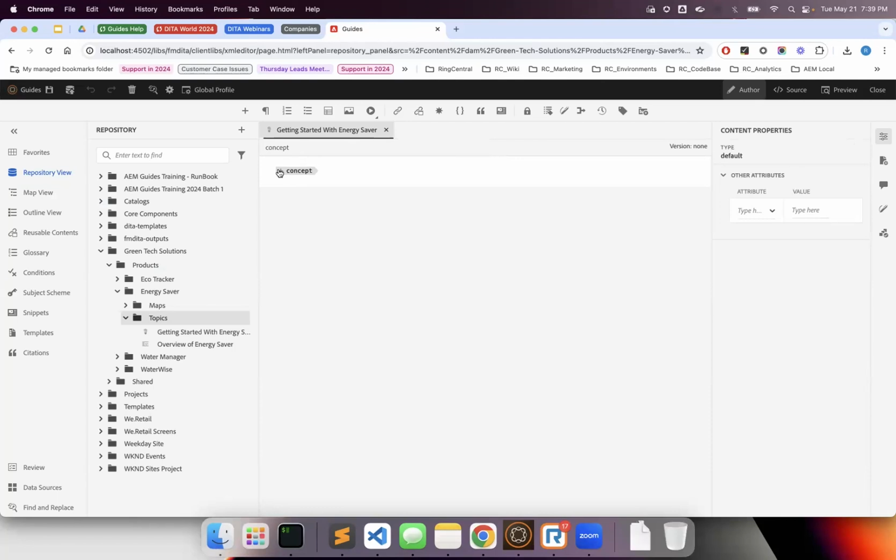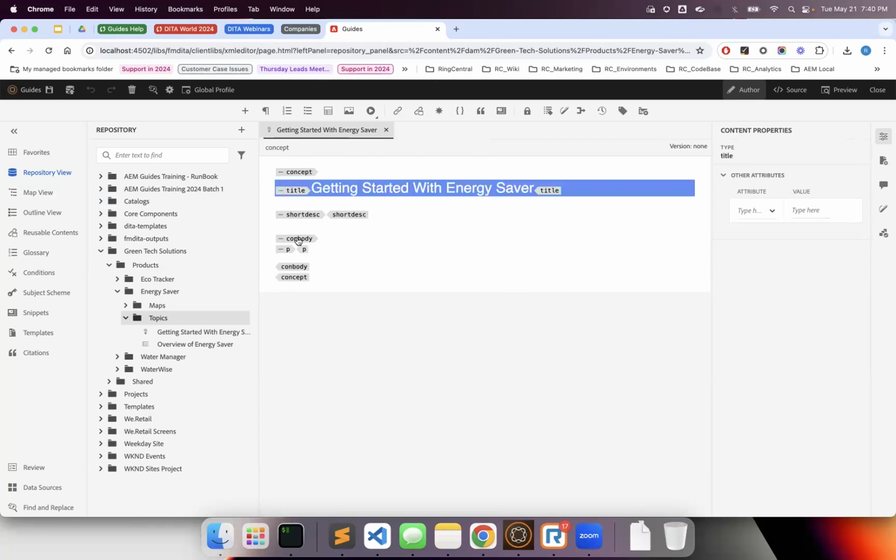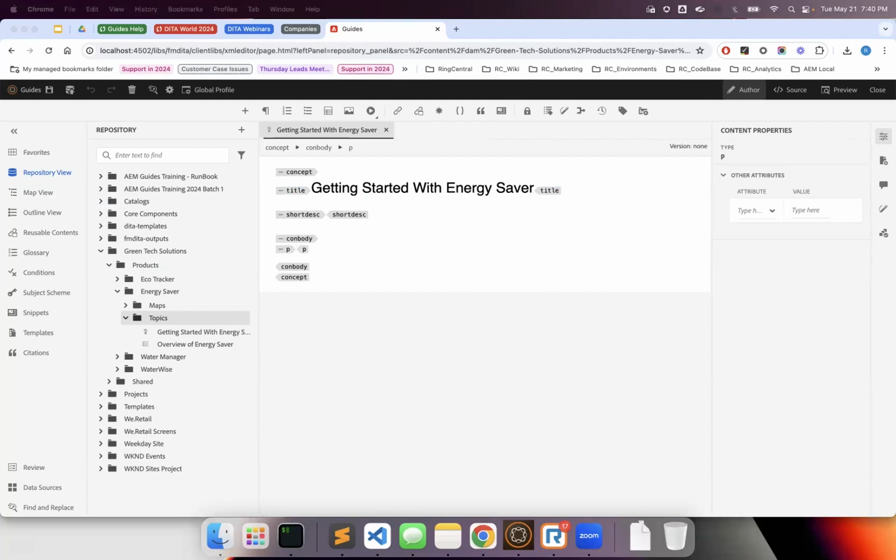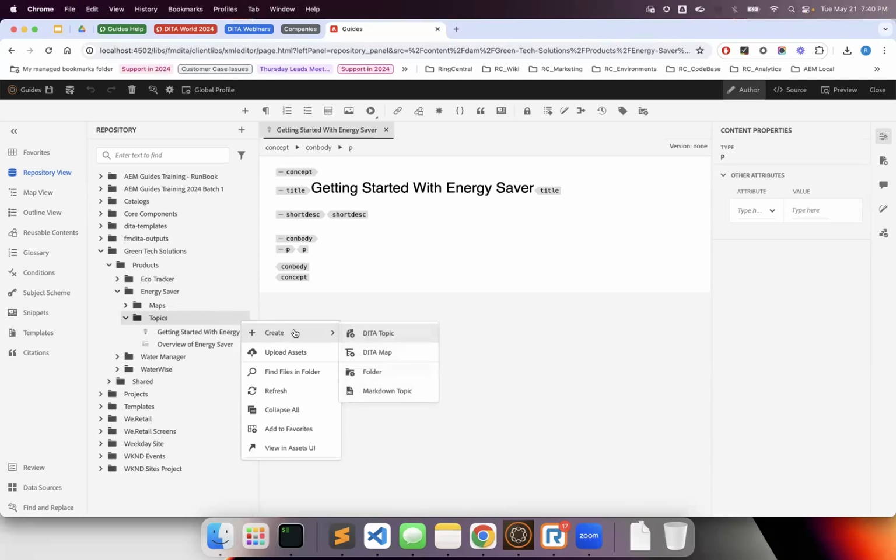So when somebody creates a topic of type concept, there is a predefined template. It has concept, title, short description. These are common elements, and then there is a concept body, and inside a p tag, right? We can add more. We'll add sections and other things, but this is one. Before I get into content, let's create another one,